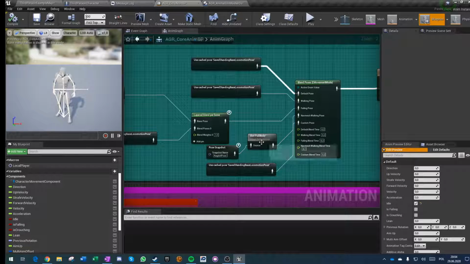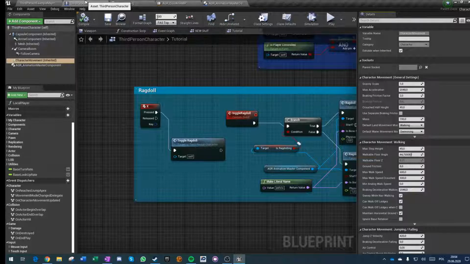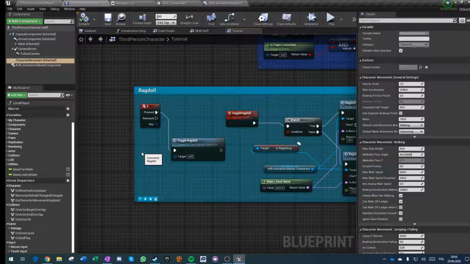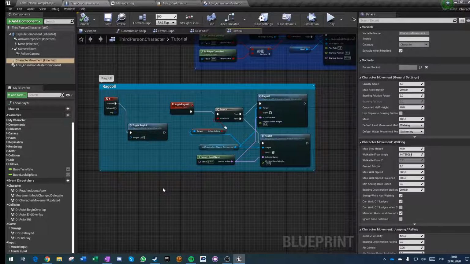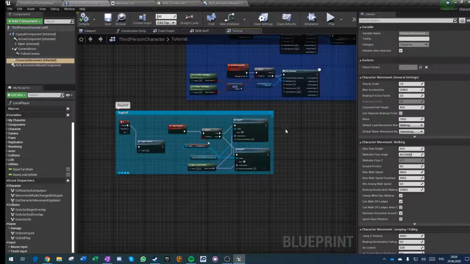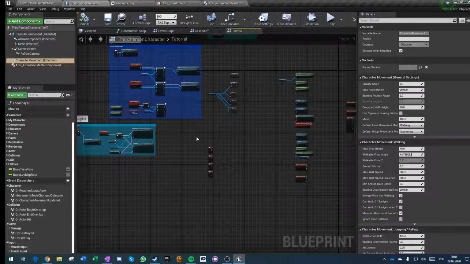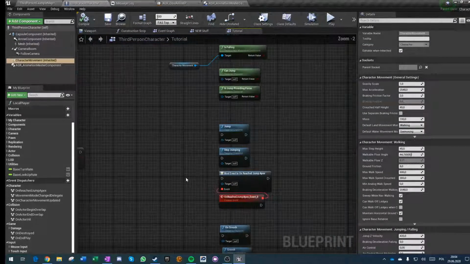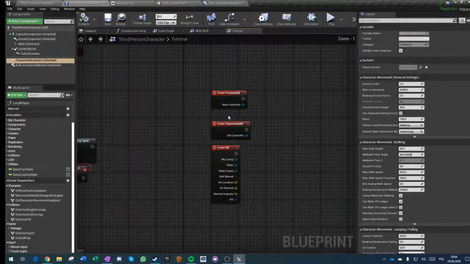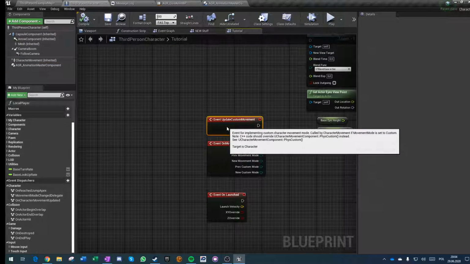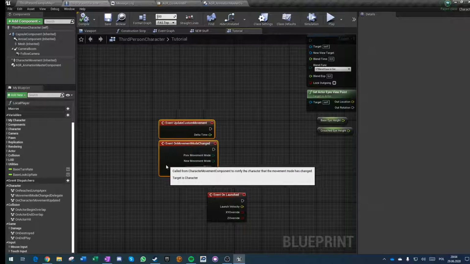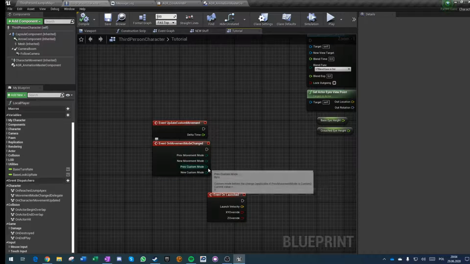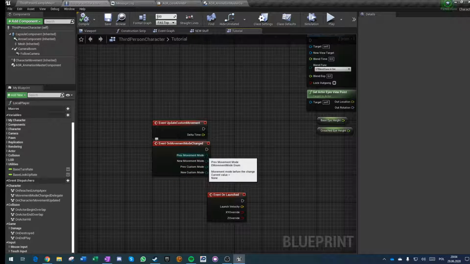So on custom, I could have ragdoll and I could have, for example, climbing. And on climbing, I would change a lot of functions to move on a plane that is based on the angle of the wall that I am climbing right now. So this is where this comes in. I can save the previous movement mode,